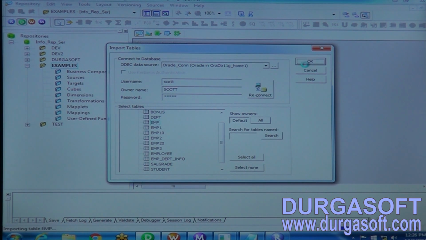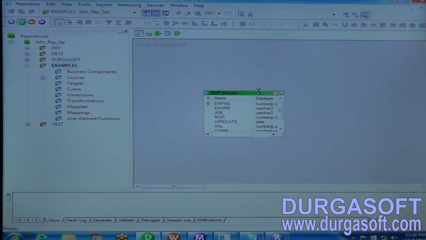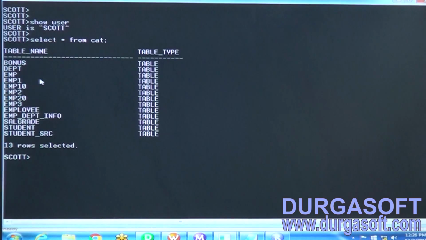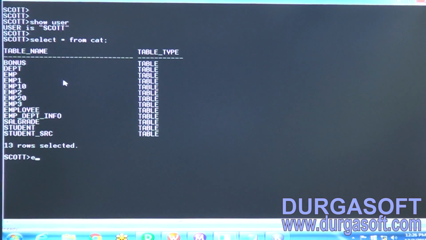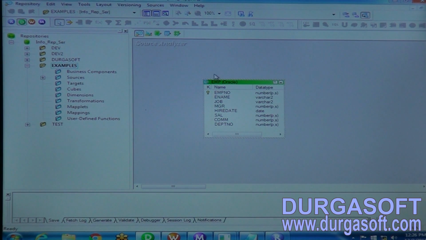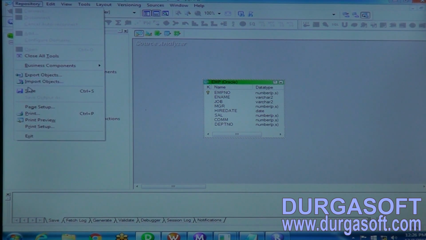Select the EMP table, click on OK. Now we have created the source definition. What is the source definition? If you go manually, the EMP table is there. DESCRIBE EMP shows you the structure of the table. Same structure you can see here also.